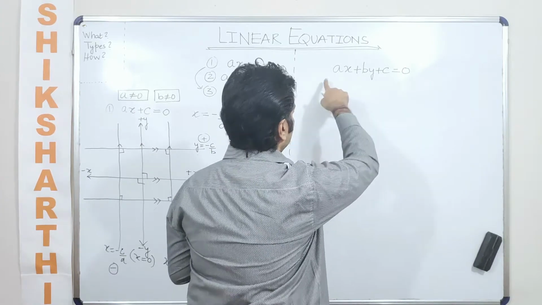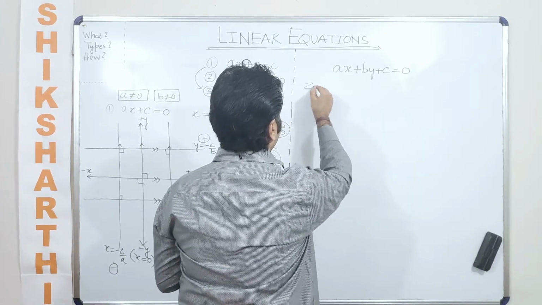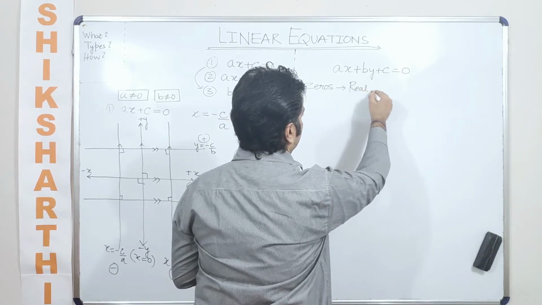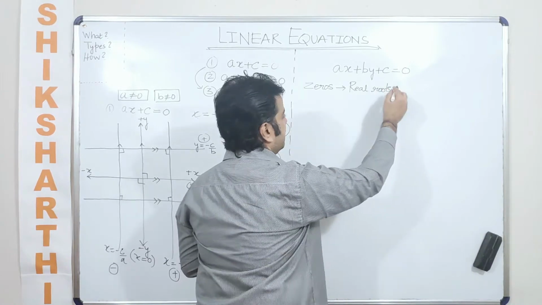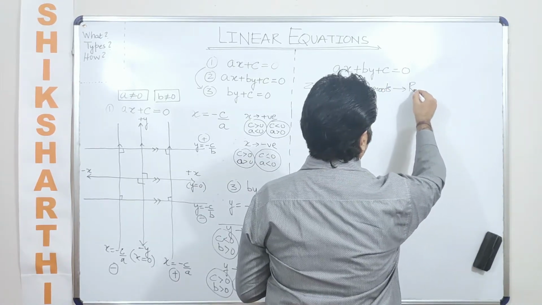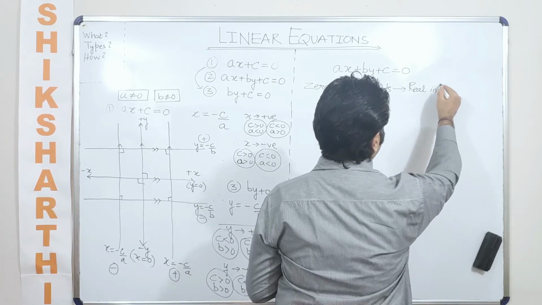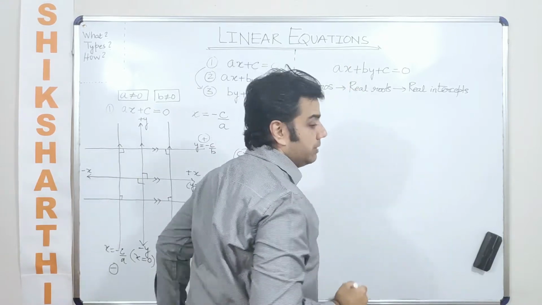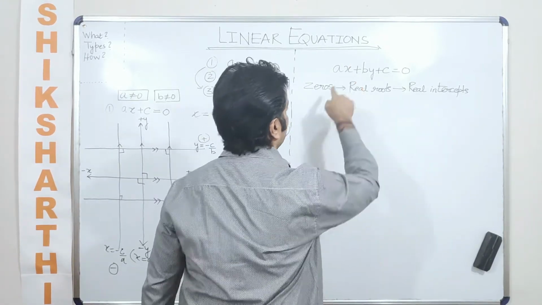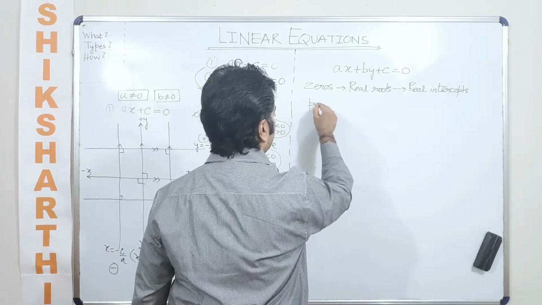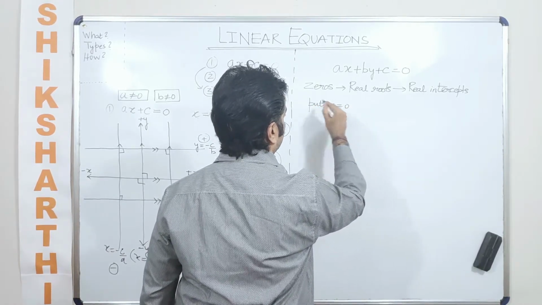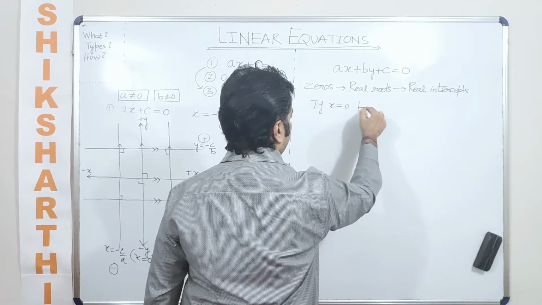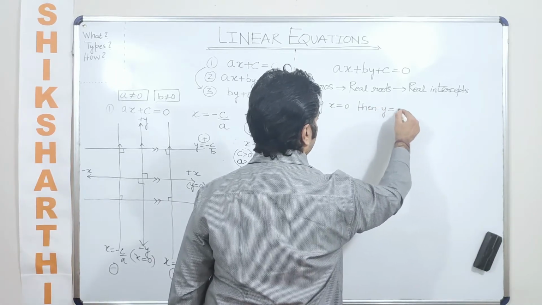So in a linear equation, zeros are nothing but real roots, and they are nothing but real xy intercepts. So now in this equation, we have taken only one equation with two variables. In this equation, if I put x is equal to 0, then the value of y comes out to be how much? Minus c by b,